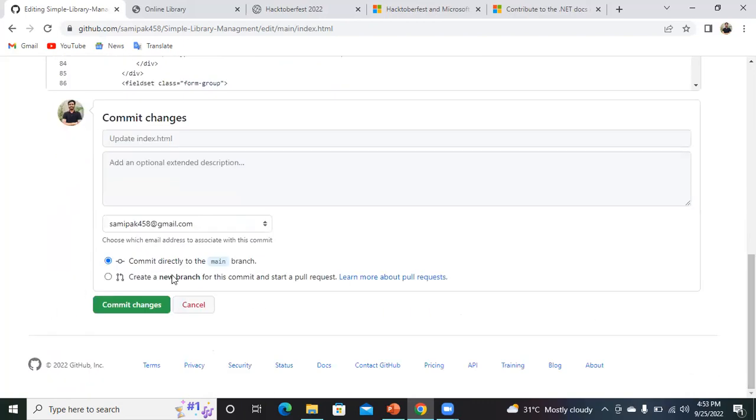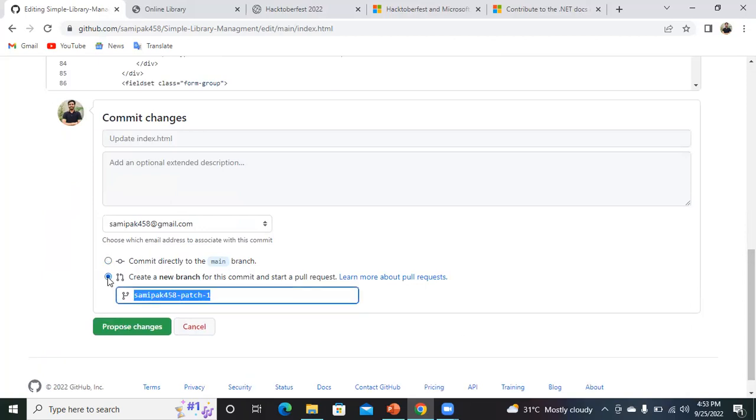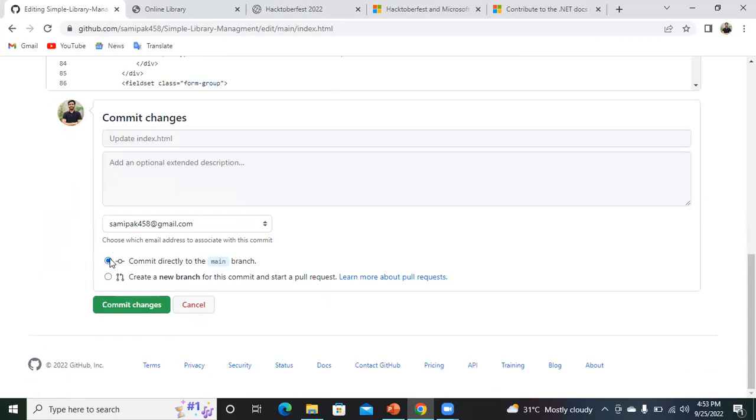Okay, so now I will show you how to create a pull request. I am creating a new branch as it is my own, but you have to do it differently.